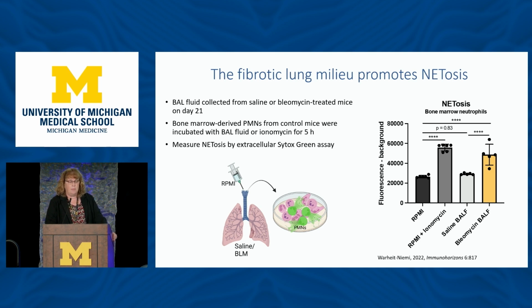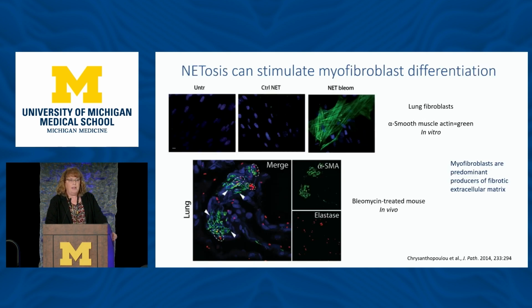And while there are many stories that I could tell you about how netosis can promote lung injury and damage, I'll just show you this one piece of data. This is actually not work from us. This is work from the Greek group. What they showed is that they collected the NETs that could form, either from neutrophils that they just left in culture untreated, or from neutrophils that they could harvest from bleomycin-treated mice,